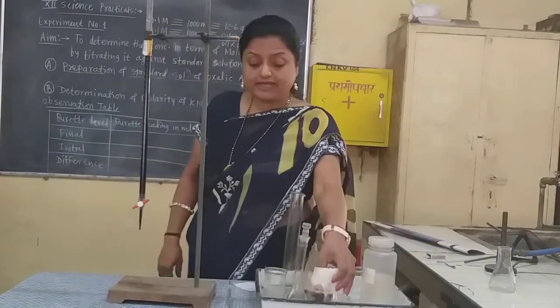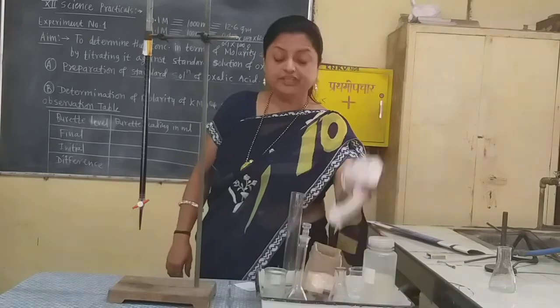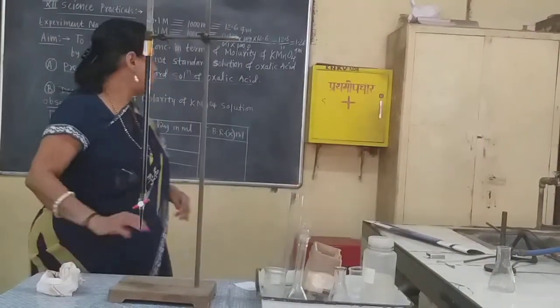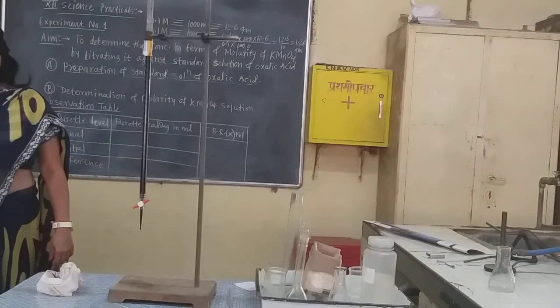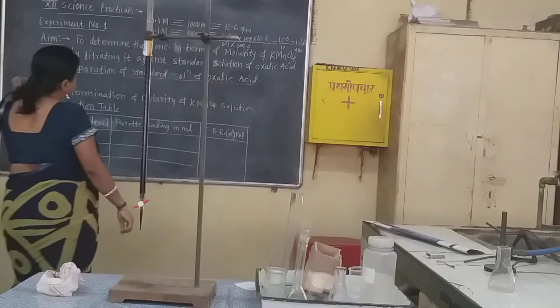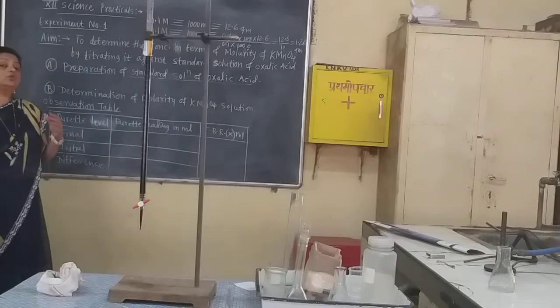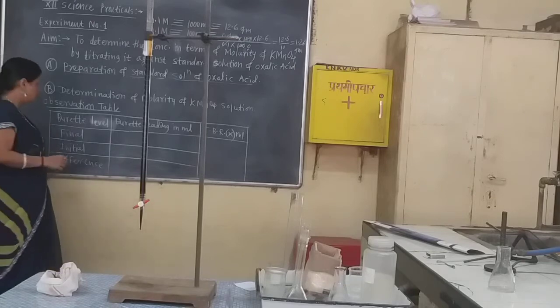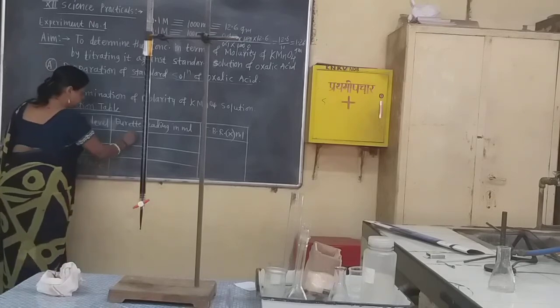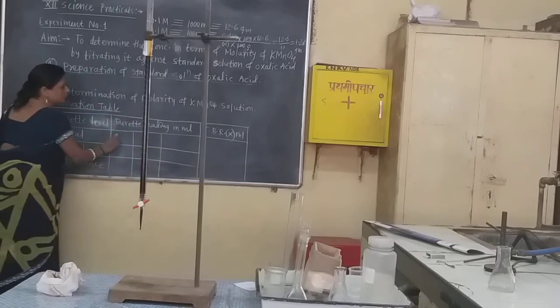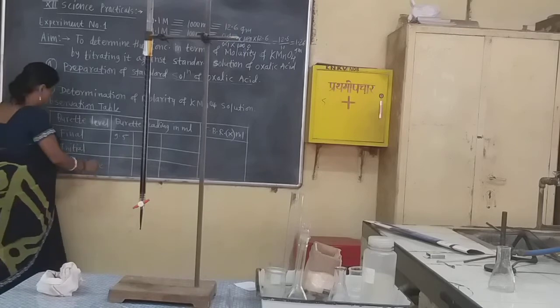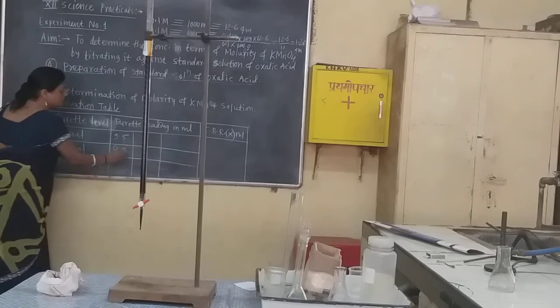Now you have to take 3 such readings, and in the observation table you write in this way. The pilot reading is about 9.5 to 10.5 here. So for the first reading, suppose there are 3 readings we have to take. The first final reading is about 9.5. The initial reading is 0.0, and the difference is again 9.5.